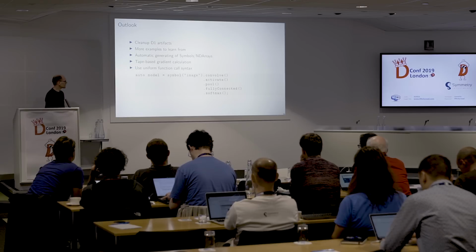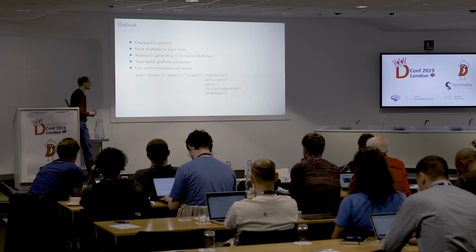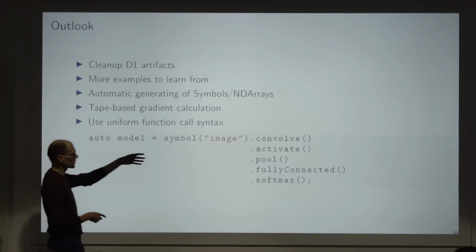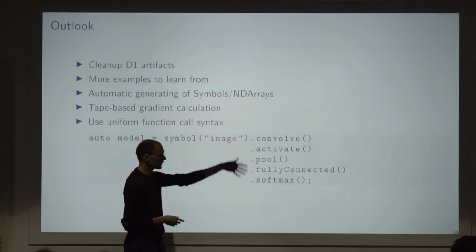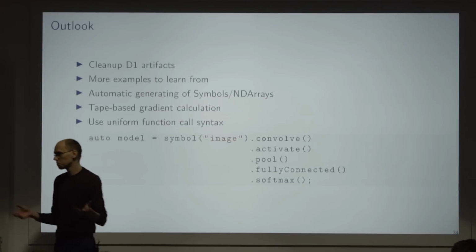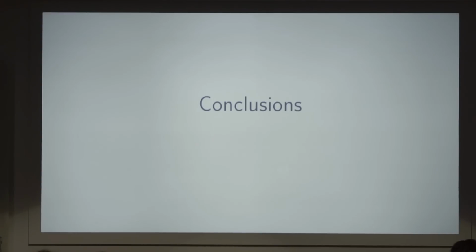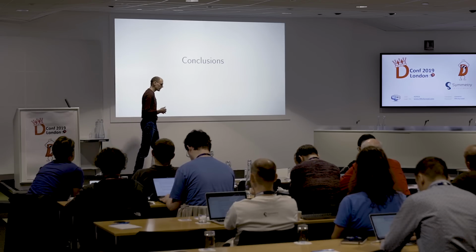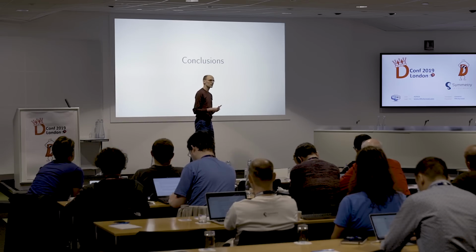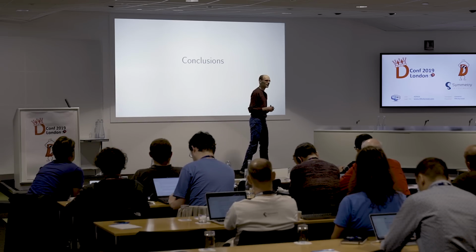The tape-based gradient calculation, I've talked about this autograd API. We could integrate this. And we could also make use of uniform function call syntax, which would give you something like this to define your network, which looks more pleasant to me than the Python API. So, conclusions. I've shown you an integration of a very unpopular deep learning